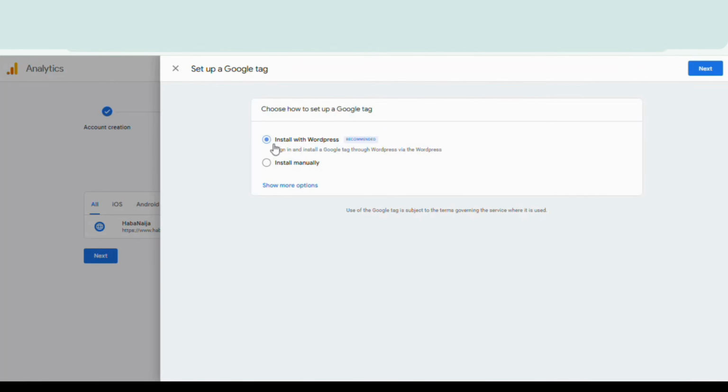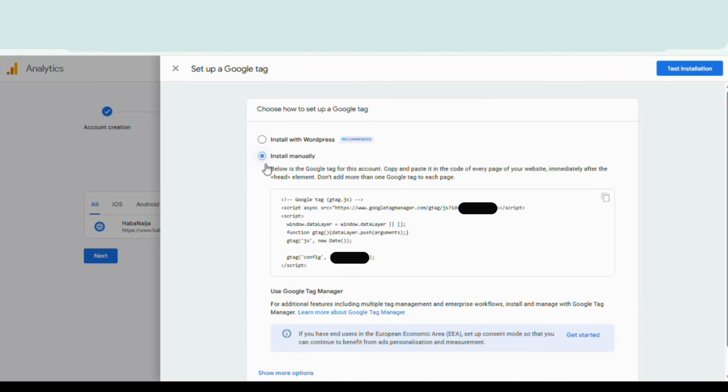Now, to set up Google tag, you would have two options. The first option is to install with WordPress, and this is ideal if your website is built with WordPress. And the second one is to install it manually, and this is mostly for custom coded websites. This is where you copy the script that has been provided here and paste it in the head section of